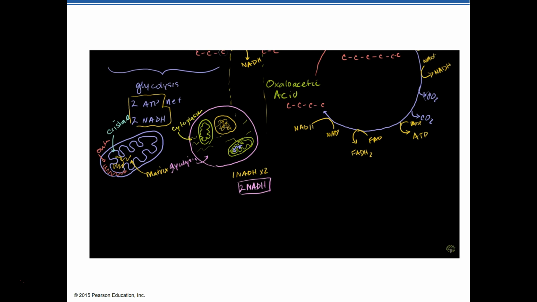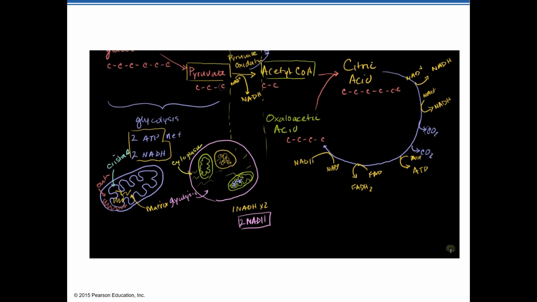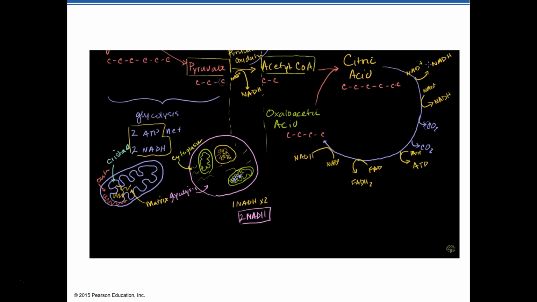2 NADHs right there. And then when we look at this side, the formal Krebs cycle, what do we get? We have how many NADHs? 1, 2, 3 NADHs. So 3 NADHs times 2, because we're going to perform this cycle for each of the pyruvates produced from glycolysis. So that gives us 6